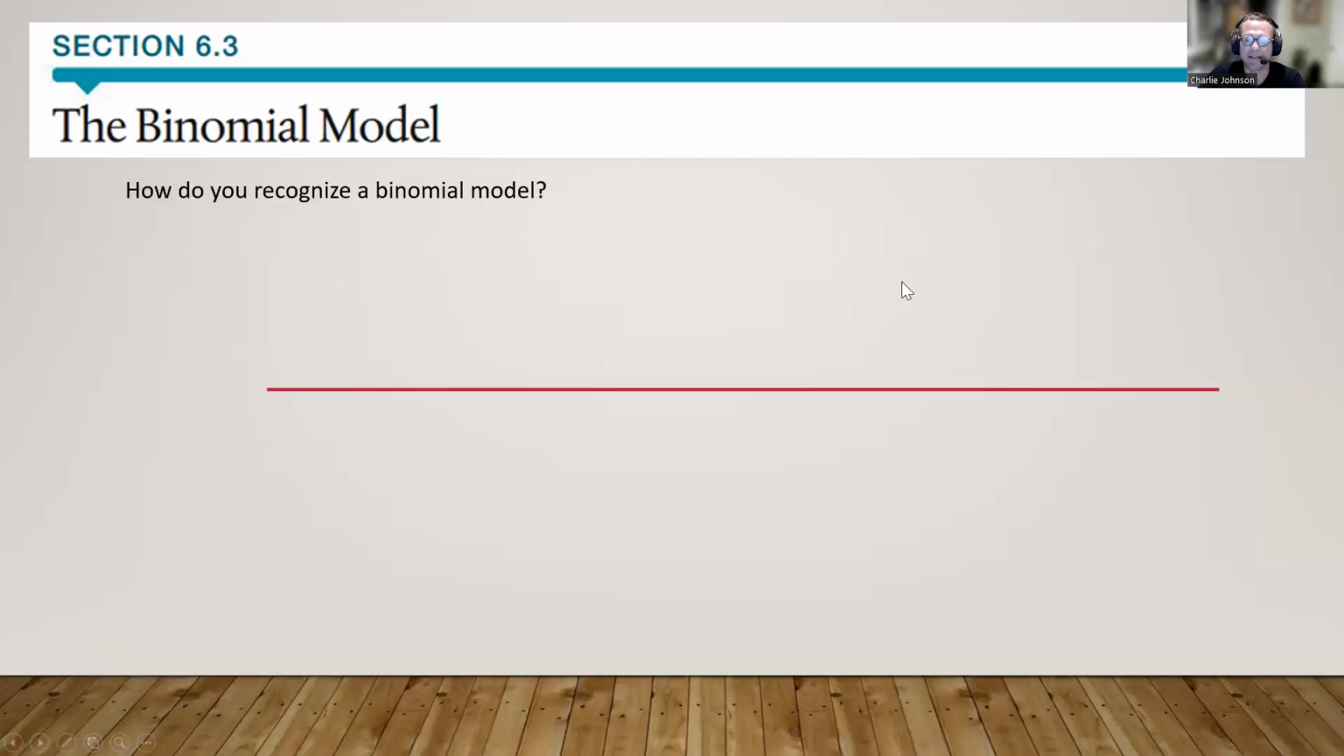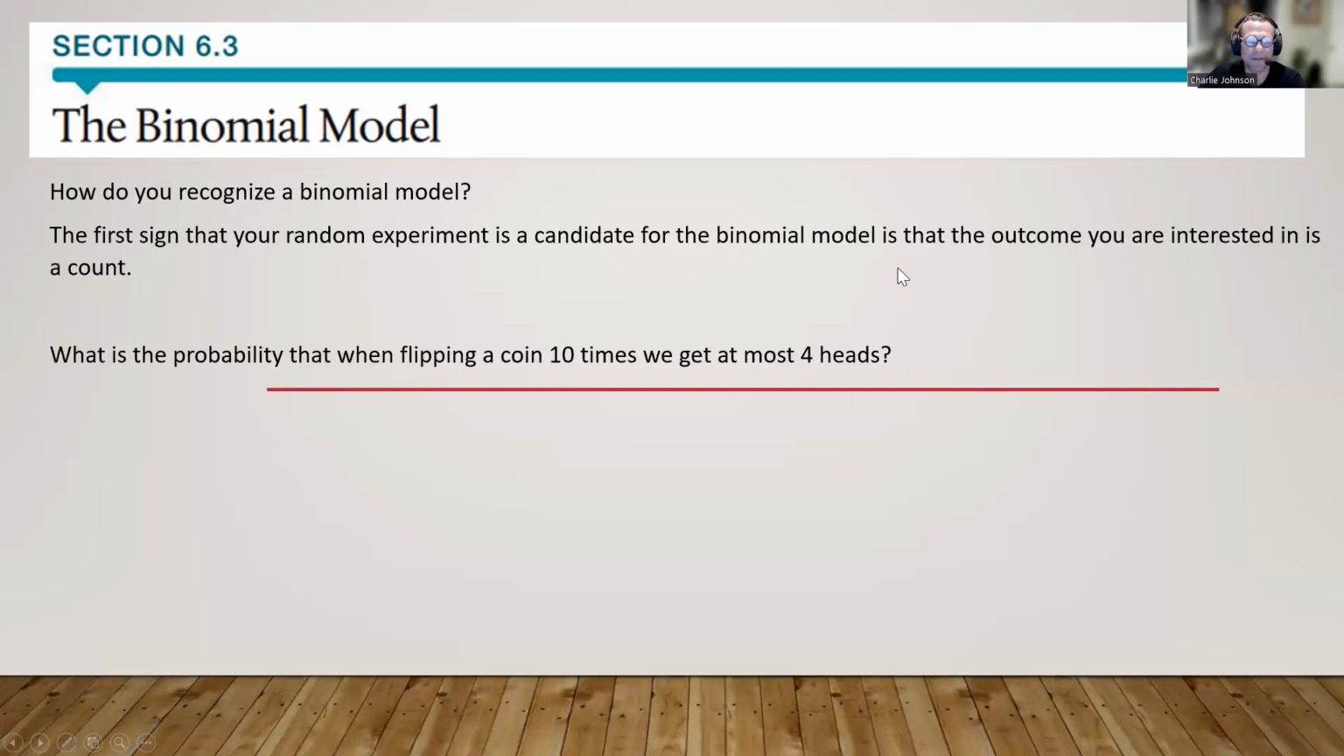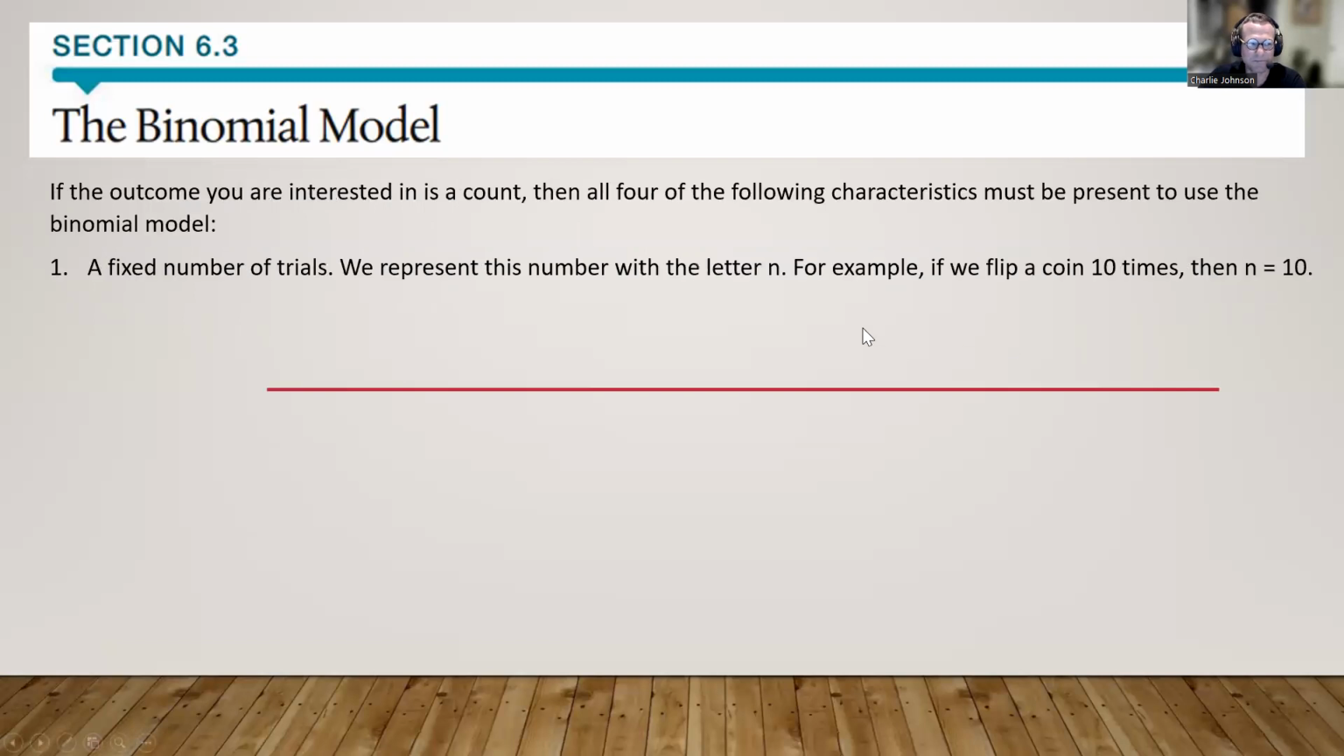How do you recognize a binomial model? The first sign, like we've already said, that your random experiment is a candidate for the binomial model is that the outcome you're interested in is a count, discrete values. So for example, we said, what's the probability that when flipping a coin 10 times, we get at most 4 heads? So these are the counts. Flipping of the coin 10 times, and we get at most 4 heads. If the outcome you're interested in is a count, then all 4 of the following characteristics must be present to